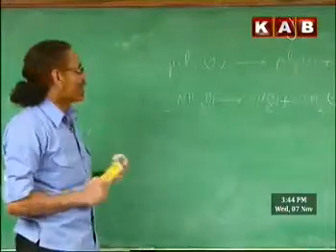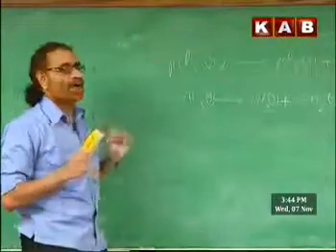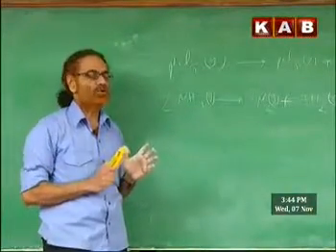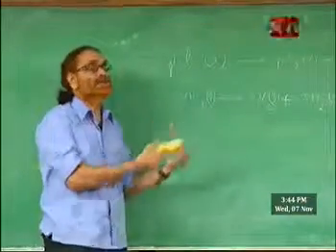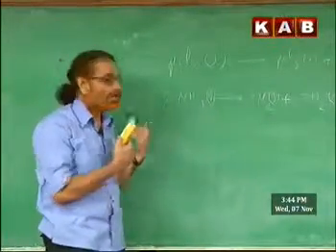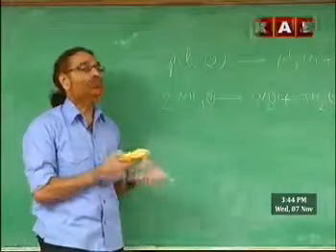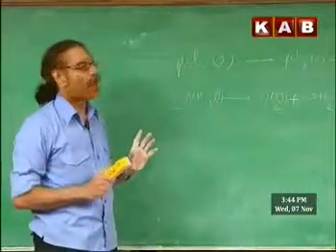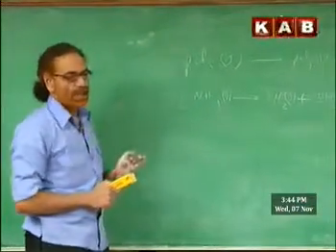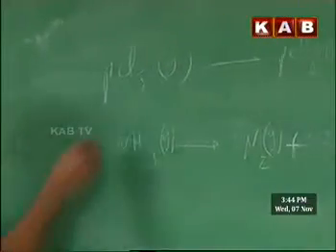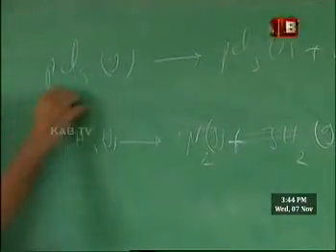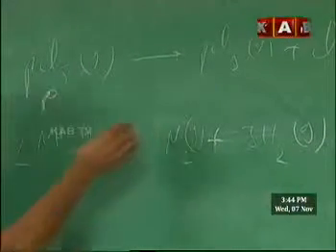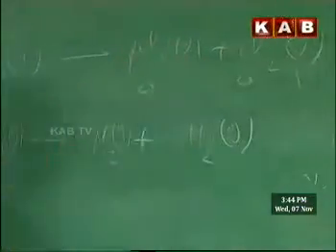Say, in one experiment, PCl5 taken in a flask. Initially, some pressure P found, but after some time, the pressure increased. From the extent to which it increased, one can tell how much PCl5 decomposed. So, for that application also, we can use this. How? Let us say, suppose PCl5 reaction I am talking about. Initially, one took pressure of PCl5 some P atmospheres. At that moment, there is no PCl3, there is no Cl2.